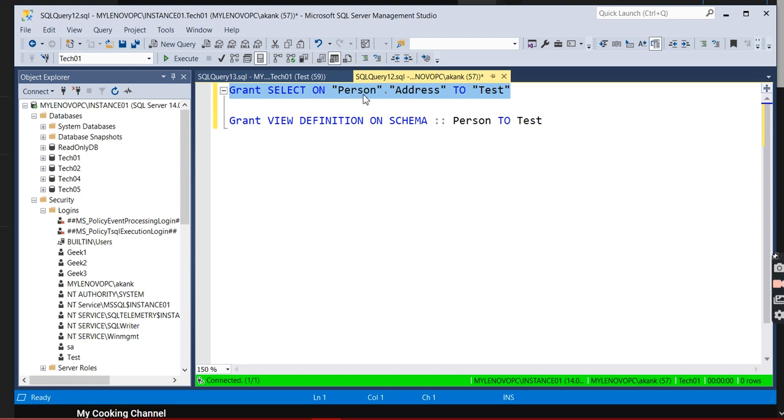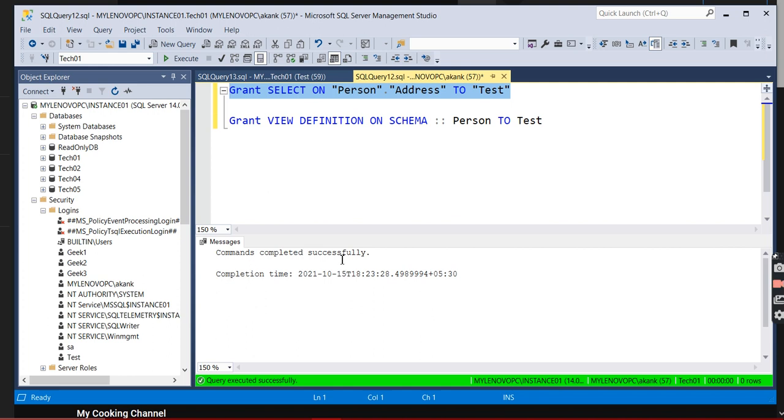I am choosing the database tech01, the Person schema, and I am granting on the Address table for the user test. So in your case, the command will be replaced with your schema name, table name and username. If you execute it, the command succeeded.